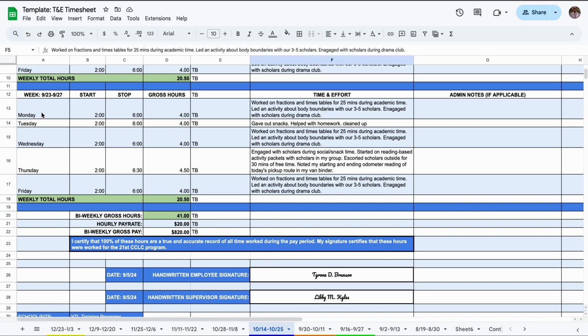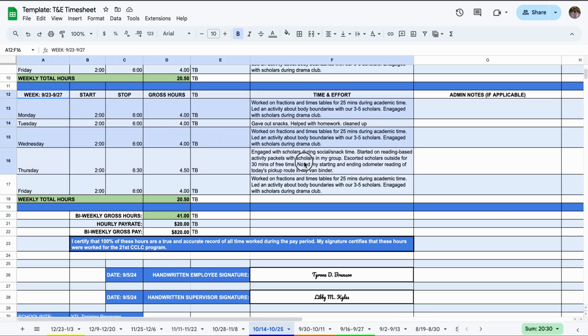I'll copy and paste only the sections that I need, and it's important to note which sections and cells you highlight because you'll have to paste into those exact cells later, so that way the formula and the format are still in order. So you highlight all of that and copy. You could Control C or Command C, or you could right click and hit copy,